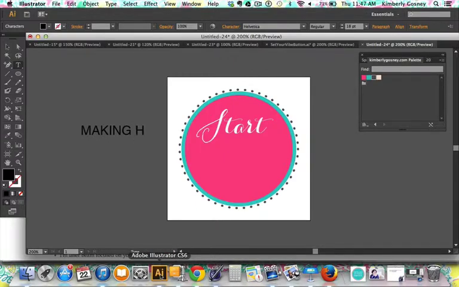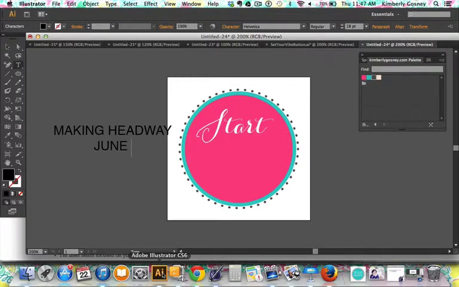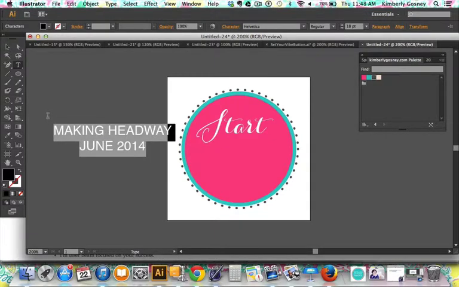So making headway June 1st. Is that what it says? Let me go back again. Nope. Look, I can't even remember what I put on there. So June 2014. So I just typed all that out, then highlighted it all and changed it all to white,